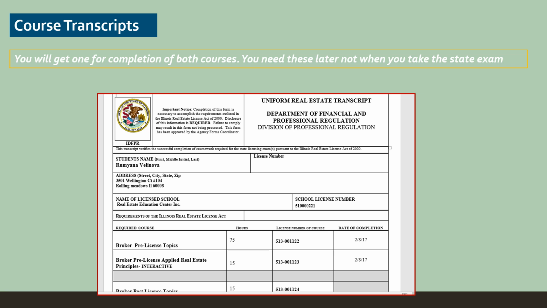That's when you'll need this piece of paper. So you'll probably get this long before you take and pass the state exam. Just don't lose it. Yeah, you can get a duplicate. We can get you a duplicate, but it's a real pain in the neck. So look for the course transcript from the college and don't lose it.